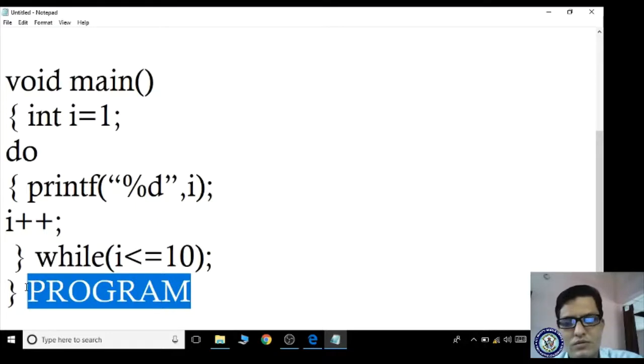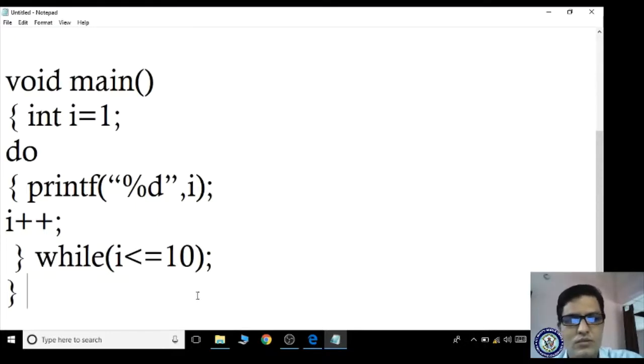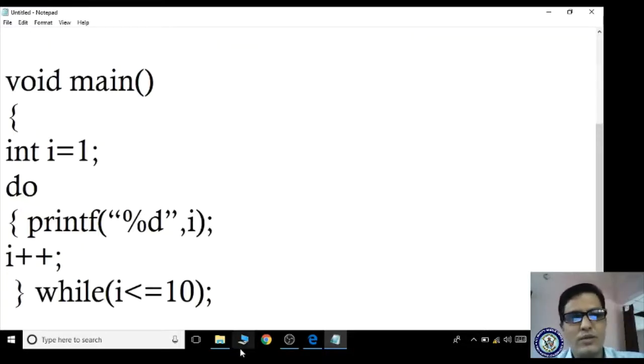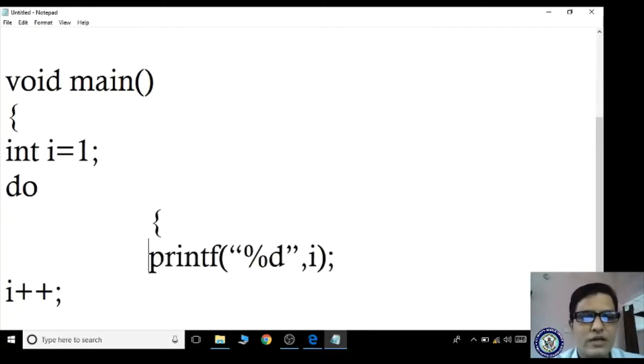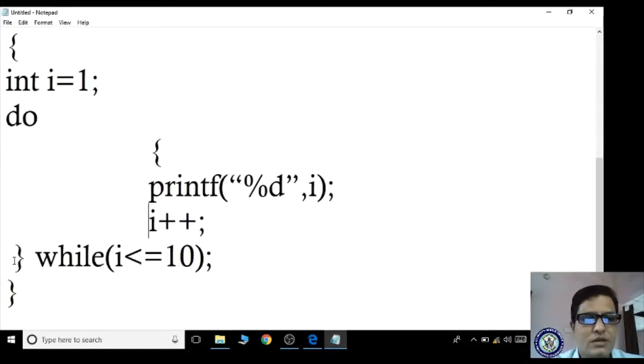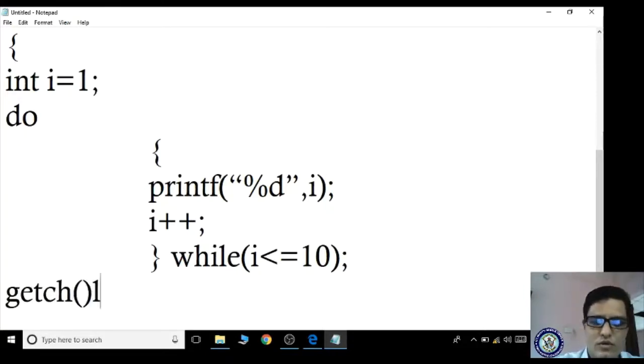So this is our program. Okay, this is the program, right? So here first in the void main we are declaring i. I'm writing do. After writing the do, it is always better to write in cascades, otherwise you will get a confusion. Okay, so here the program ends. I'm giving the getch. Okay, now